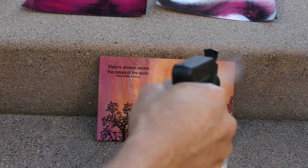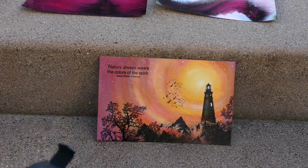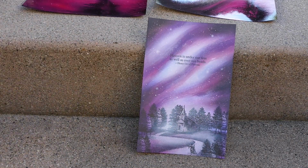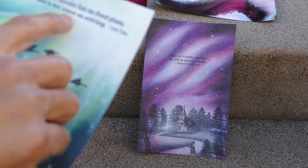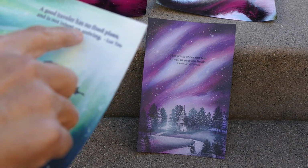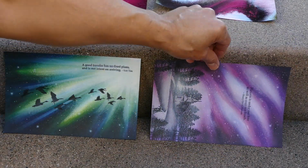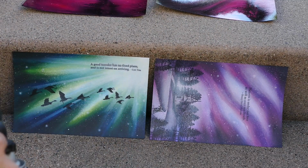Now that one right there is very minimal in terms of my color application. It's more about the white than it is about the tones. So we'll see what benefit the spray can do for those. I think these both are on matte cardstock. Okay, they are. And I was going to attempt to spray it here with the Blair Spray Fix flat,